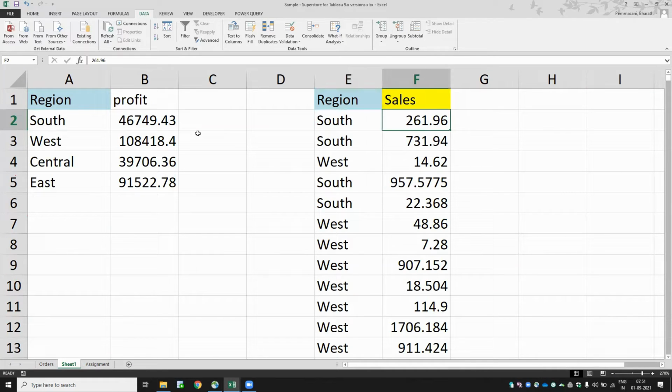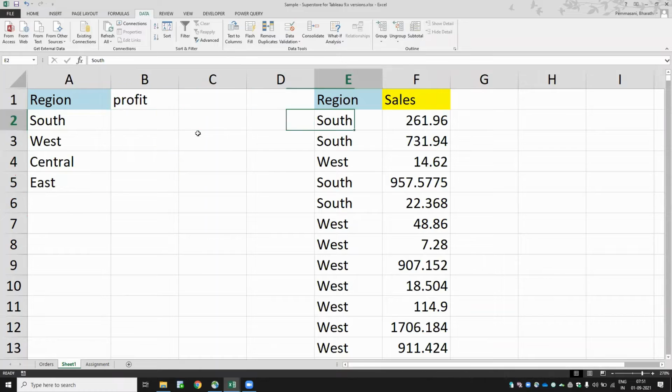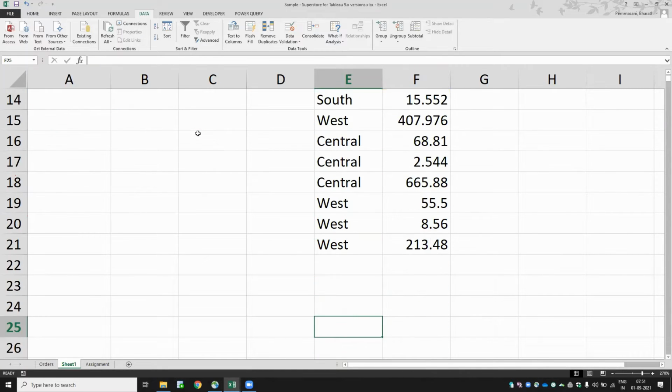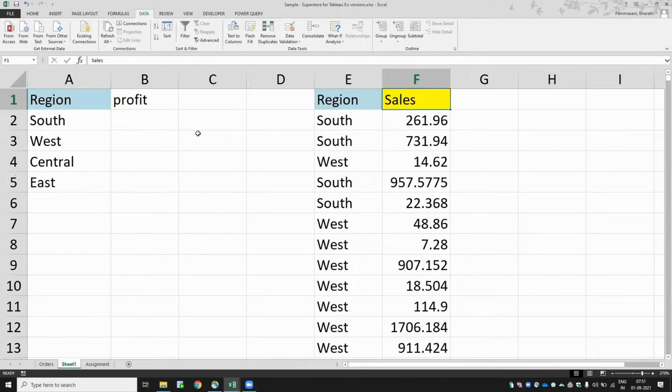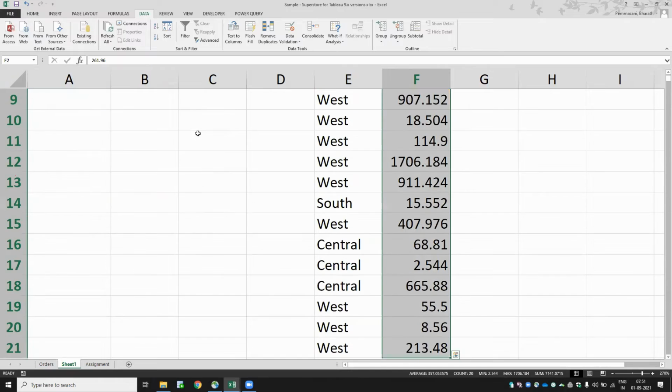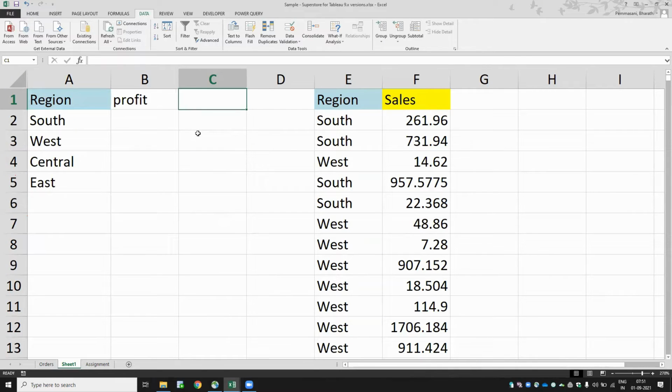South region sales means I cannot just tell 26196, right? There are so many ones. Here also I have south, and here also. So I wanted to add the entire south region and give the output. Here I have south, west, central and this one. This is the sales.